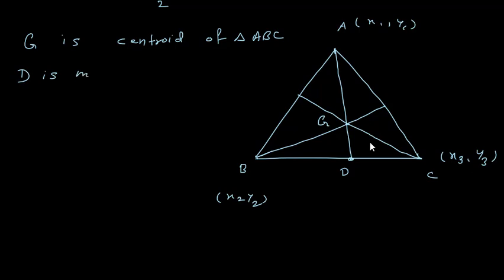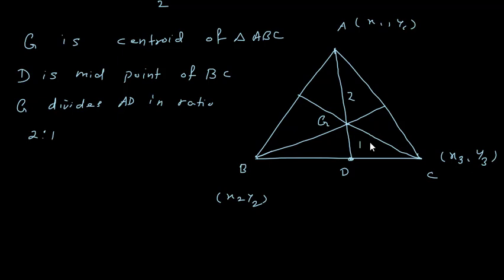D is midpoint of BC, and there is a property of centroid that centroid divides this median into ratio 2 ratio 1. So I can say that G divides this AD in ratio 2 ratio 1. So this is 2 times, this is 1 time. Okay,